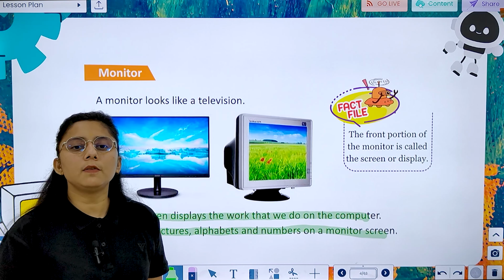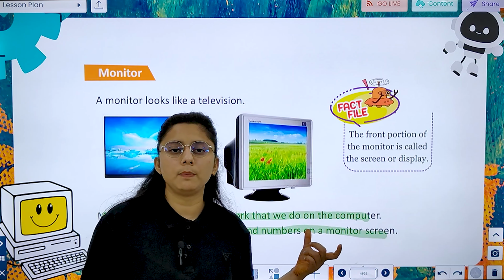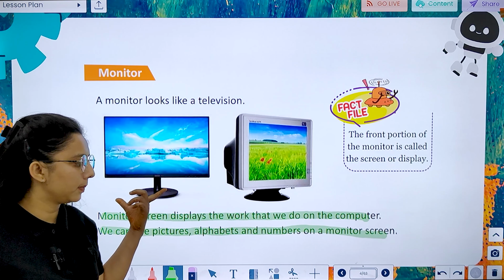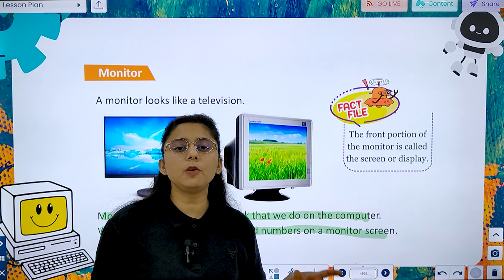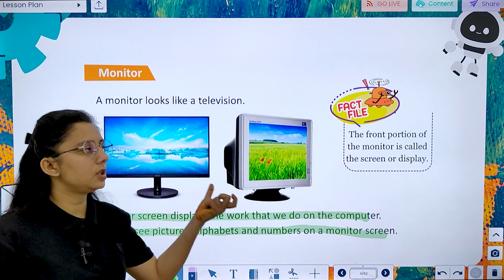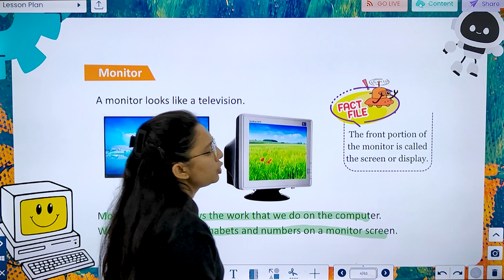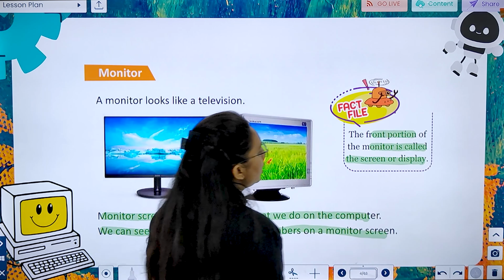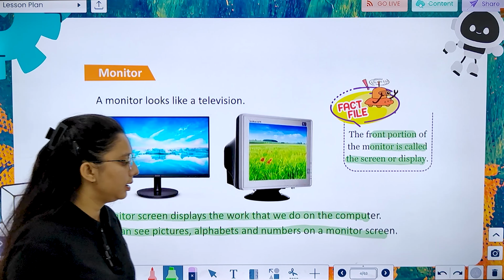It displays whatever you write with the help of keyboard or mouse, and whatever work you have done on the computer will be shown to you on the monitor. The front portion of monitor is also called a screen or display.